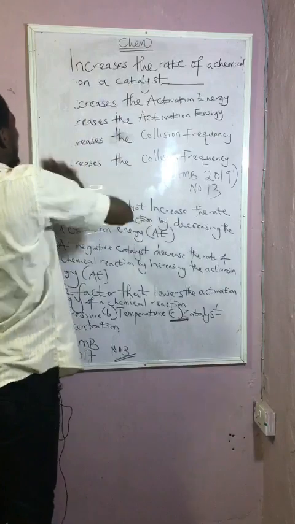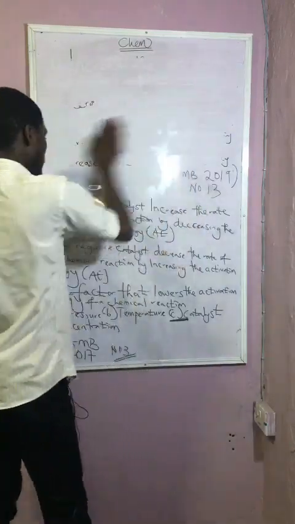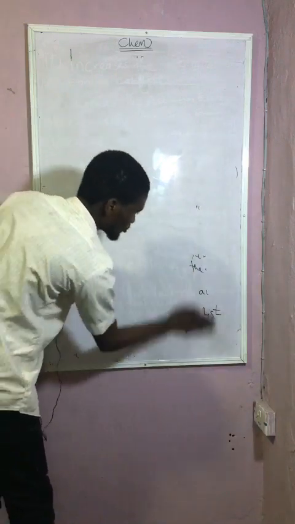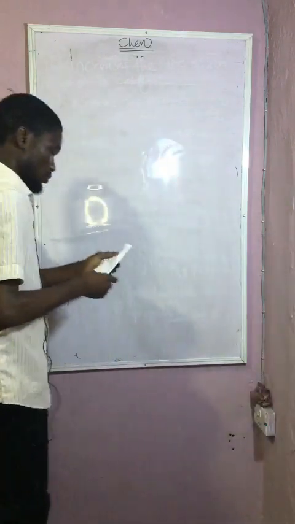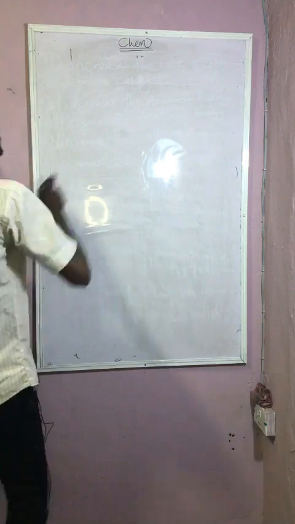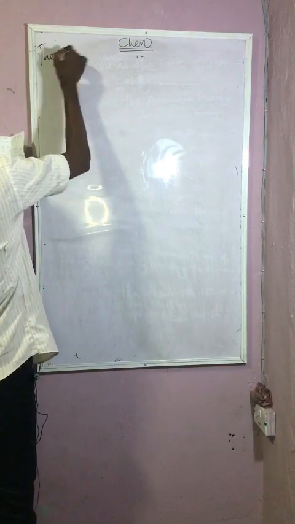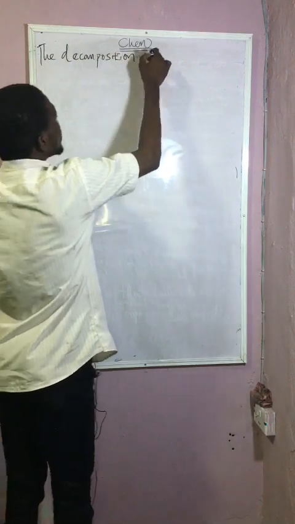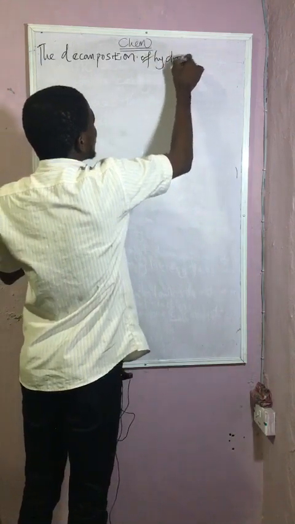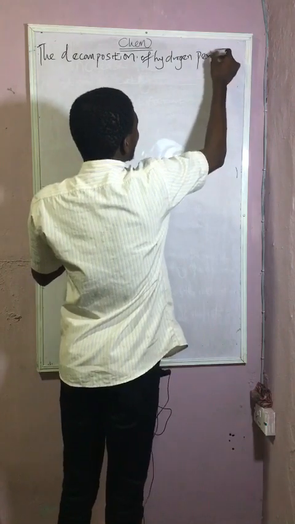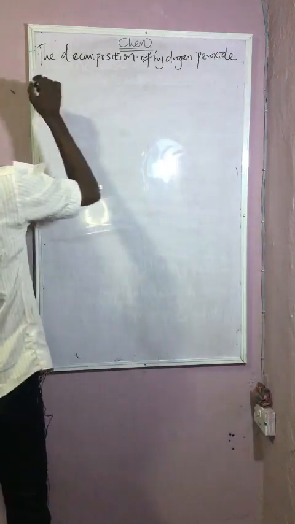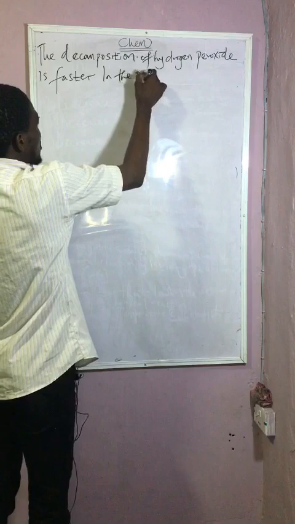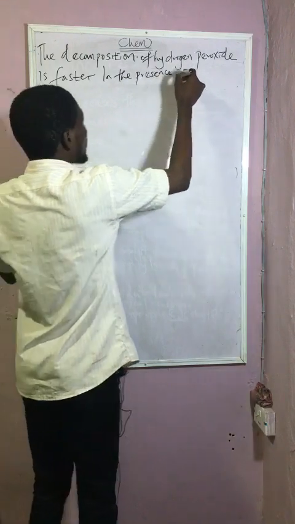So let's have it. So class, the question goes thus: the decomposition of hydrogen peroxide is faster in the presence of